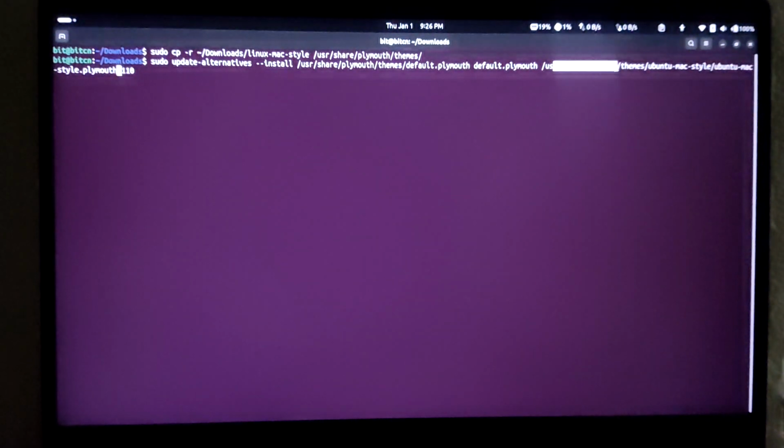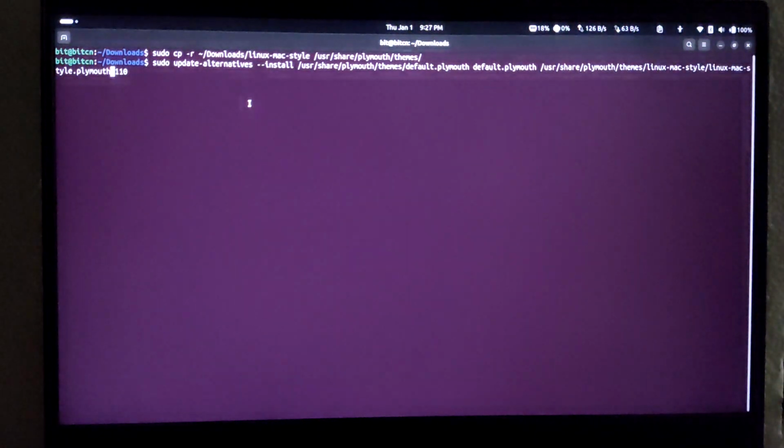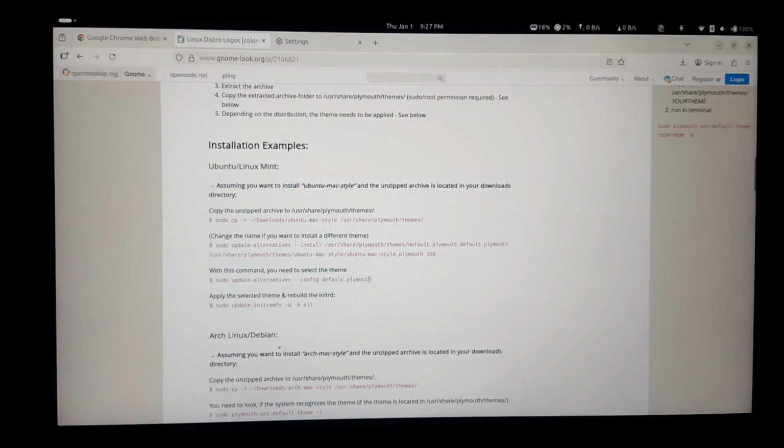So from this, user Plymouth Ubuntu Mac style, to Ubuntu Mac style Plymouth. Okay, but I have a Linux installed. Okay, so I will try this Linux, and from this Linux Plymouth, yeah, this particular. So this particular thing I will do. I'm typing some characters and pressing the tab key to autocomplete. I will press enter. This step is done, and